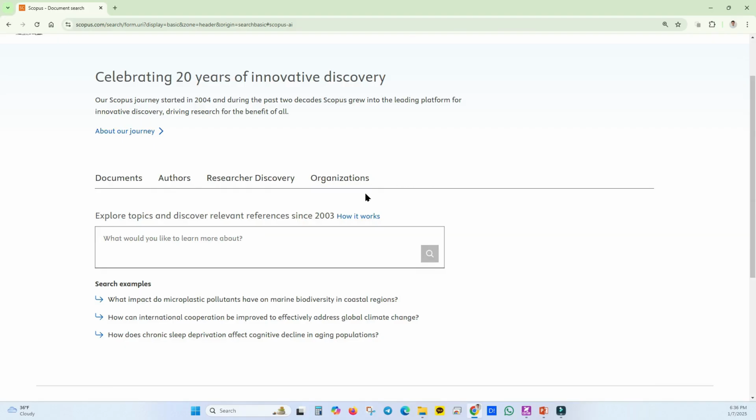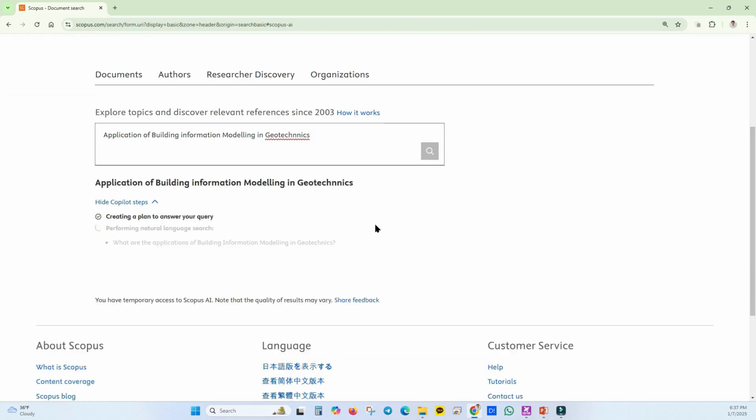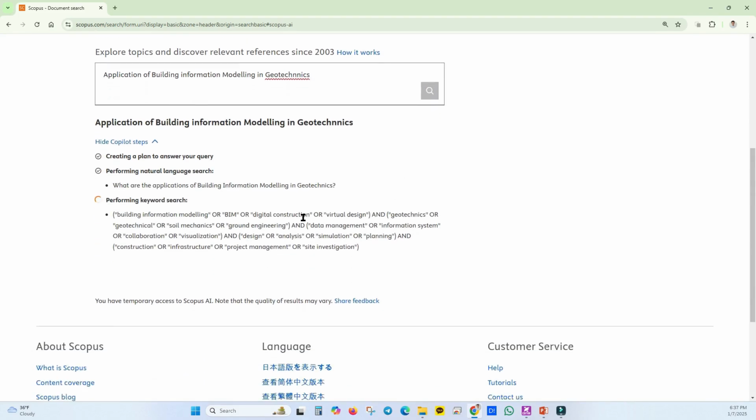Although the option hasn't appeared here, I do have the tool here, so I'll go ahead and enter my topic. We then proceed to hit the search button so that the powerful tool comes up and subsequently creates a comprehensive summary for us regarding this particular topic.